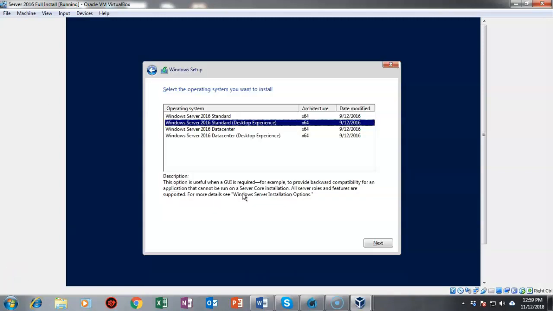On this next window, we have to be sure that we select the correct installation type. We want to make sure that we select Windows Server 2016 Standard with the desktop experience. The first option is how they're now calling or classifying Core. They just call it Windows Server 2016 Standard. I'm going to go ahead and make sure I got the correct option selected, and I'm going to click on